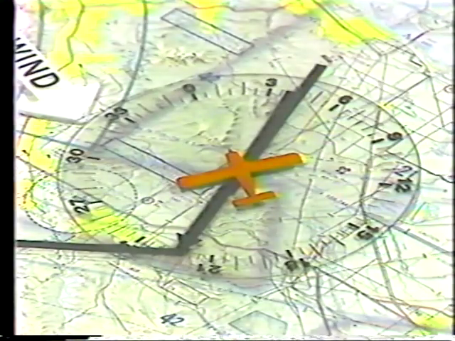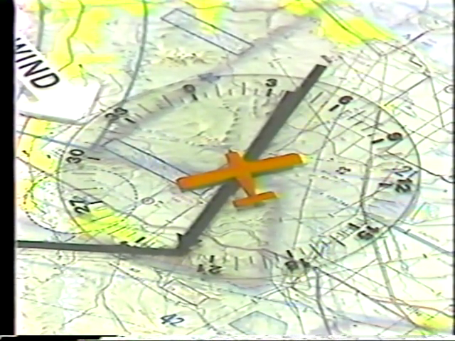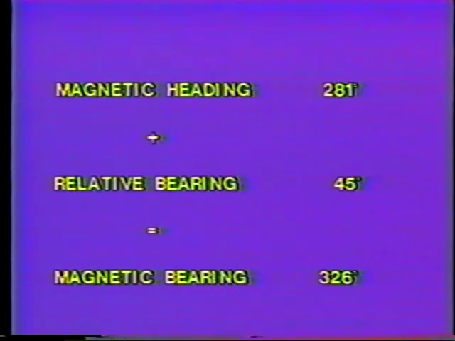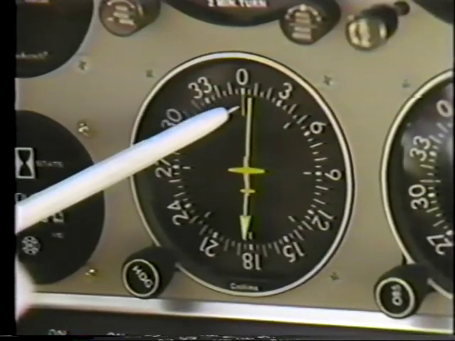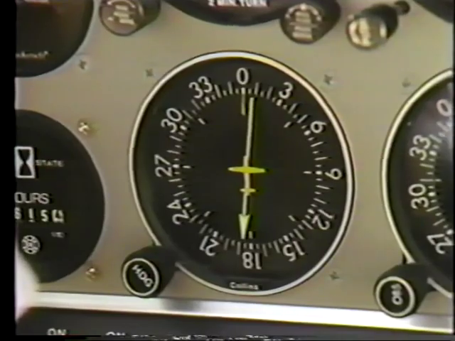And how do we know we have intercepted it? We chose an intercept angle of 45 degrees. When the tail of the bearing pointer reached 45 degrees, interception was assured. Again, we can verify this with the ADF formula. The magnetic heading of 281 degrees plus the relative bearing of 45 degrees equals a magnetic bearing outbound of 326 degrees. We are on the 326 degree bearing of Riga non-directional beacon. Using the tail of the bearing pointer to determine course interception makes the mathematics of the ADF formula simpler. We are on our outbound course.